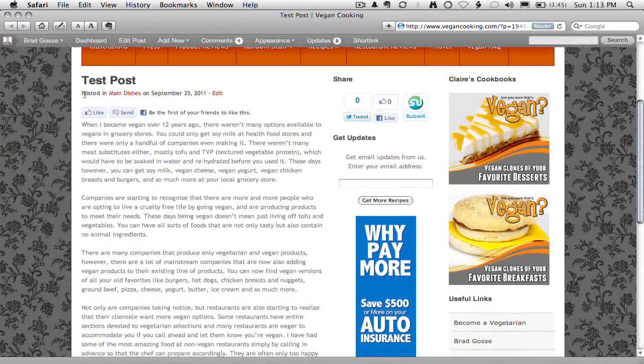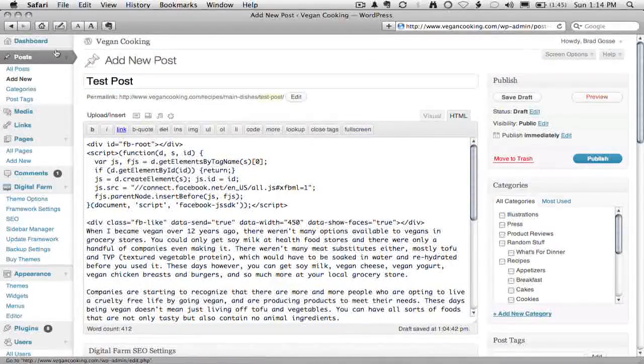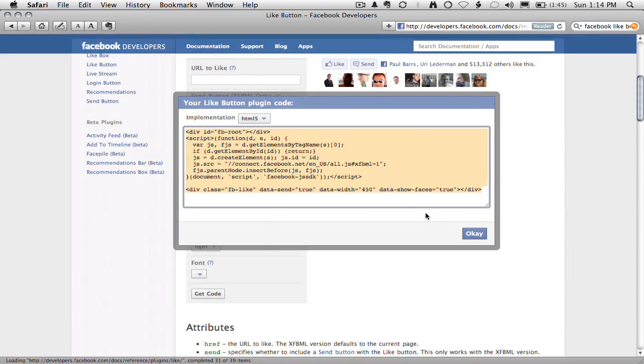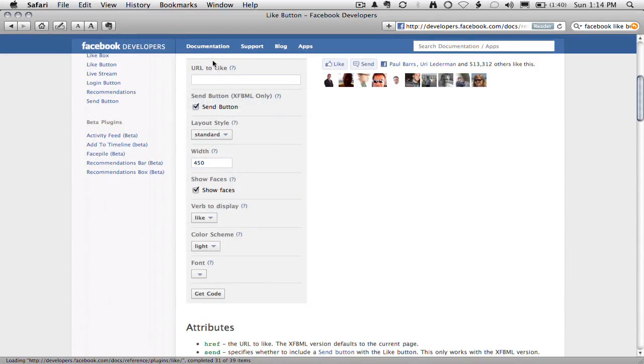So you can see here that in this test post now, we have the Facebook like box, the Facebook send button, and it says be the first of your friends to like this because this particular URL doesn't have any likes on it yet. So I'm going to show you, just as a comparison, I'm going to delete this now, what this would look like if it was a URL that's already active. So I'm going to click OK here, and I'm going to type in